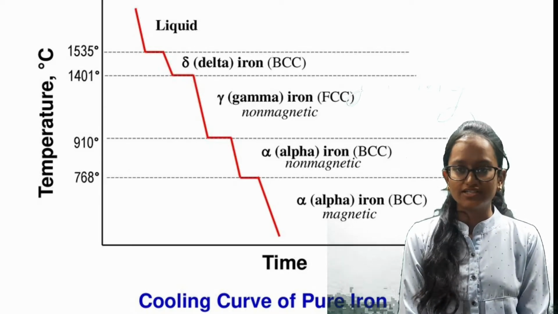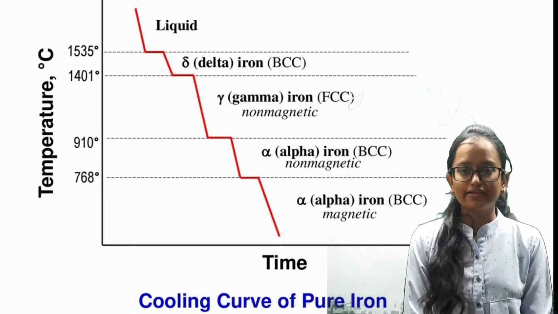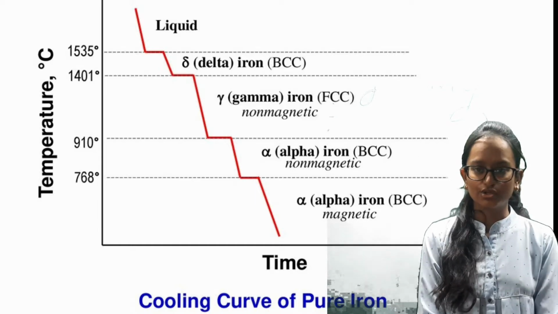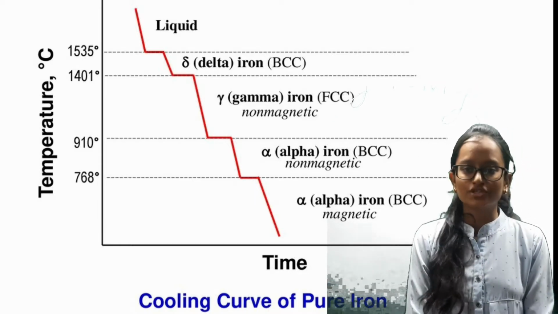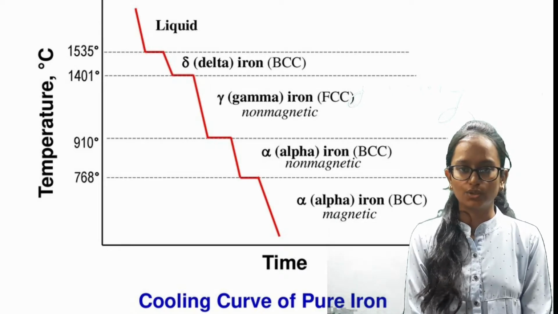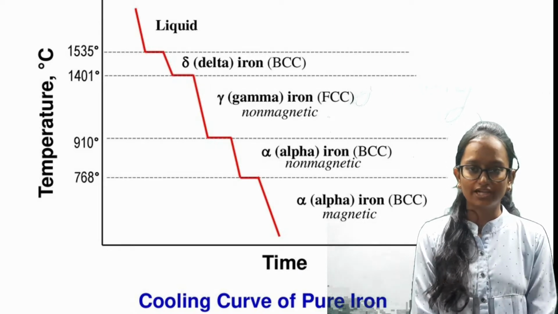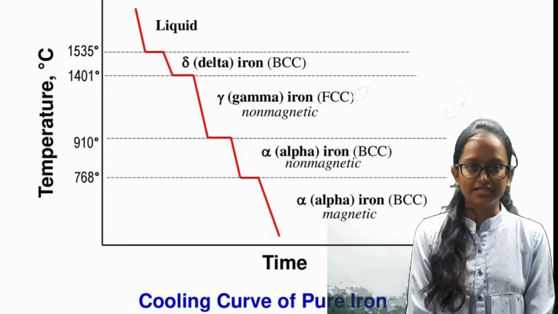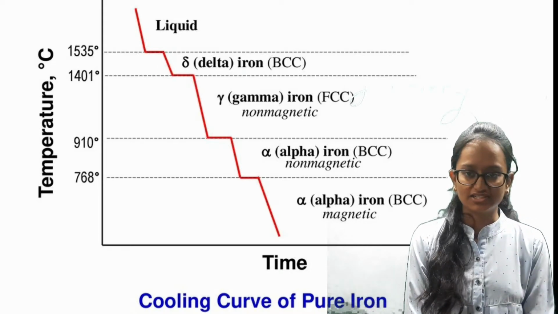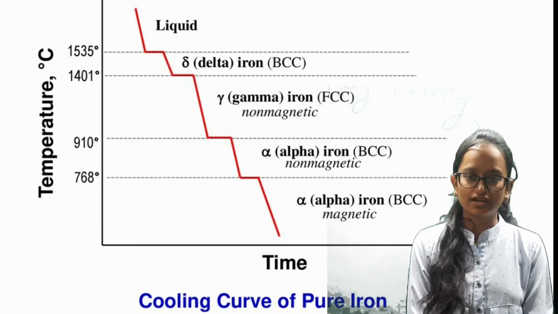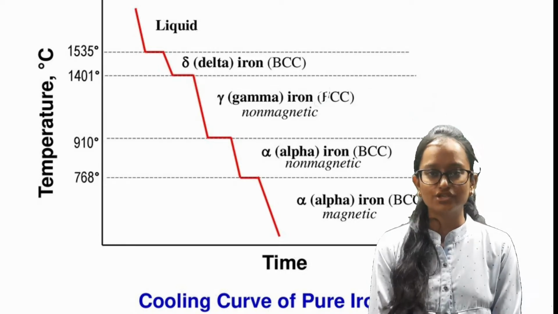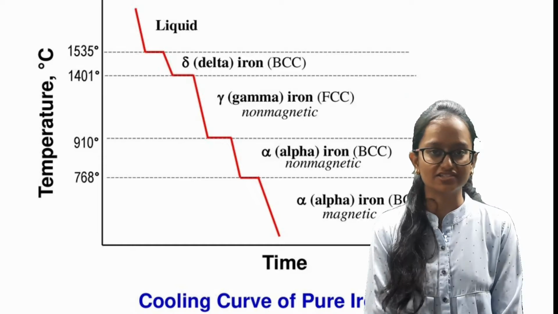My melting point is 1539 degrees Celsius, and at room temperature I have a BCC structure, and so I am called alpha ferrite. Solubility of carbon in my phase is very low. It's about 0.008% at room temperature and 0.025% at the stable temperature. At 910 degrees Celsius, I change from BCC to the FCC structure and get involved in gamma ferrite. Solubility of carbon in my current phase is 2.04% at 1148 degrees Celsius.